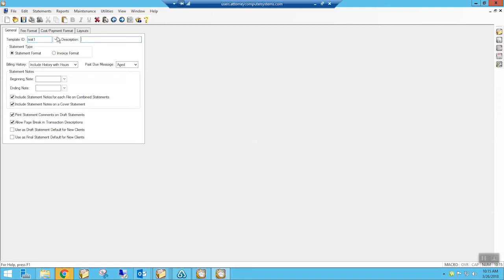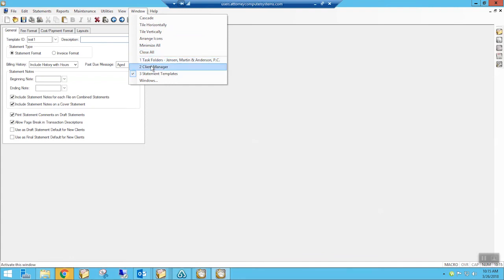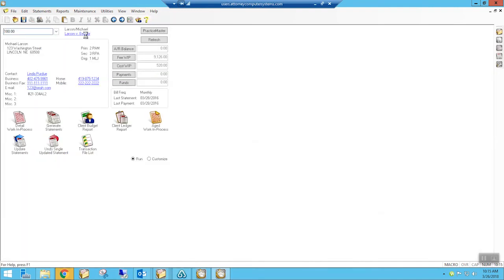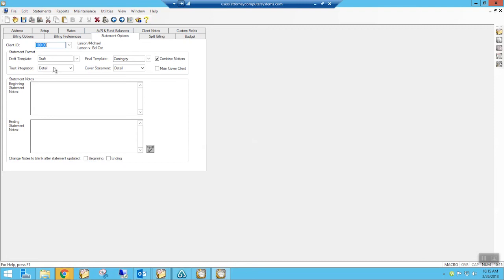Now we saw where that gets set up. Let's see, did I leave that open? Yes. In the client section, you go over to the statement options tab, and once you've set up your templates, this is where you indicate on a matter by matter basis which one is to be used for that matter. So theoretically, you could have a client that has 4 different matters, and each bill looks different because you're using a different statement template. Again, that sometimes is the way it falls in a firm that a client might have 4 different formats because each matter is in a different area of practice, or each matter has a different primary